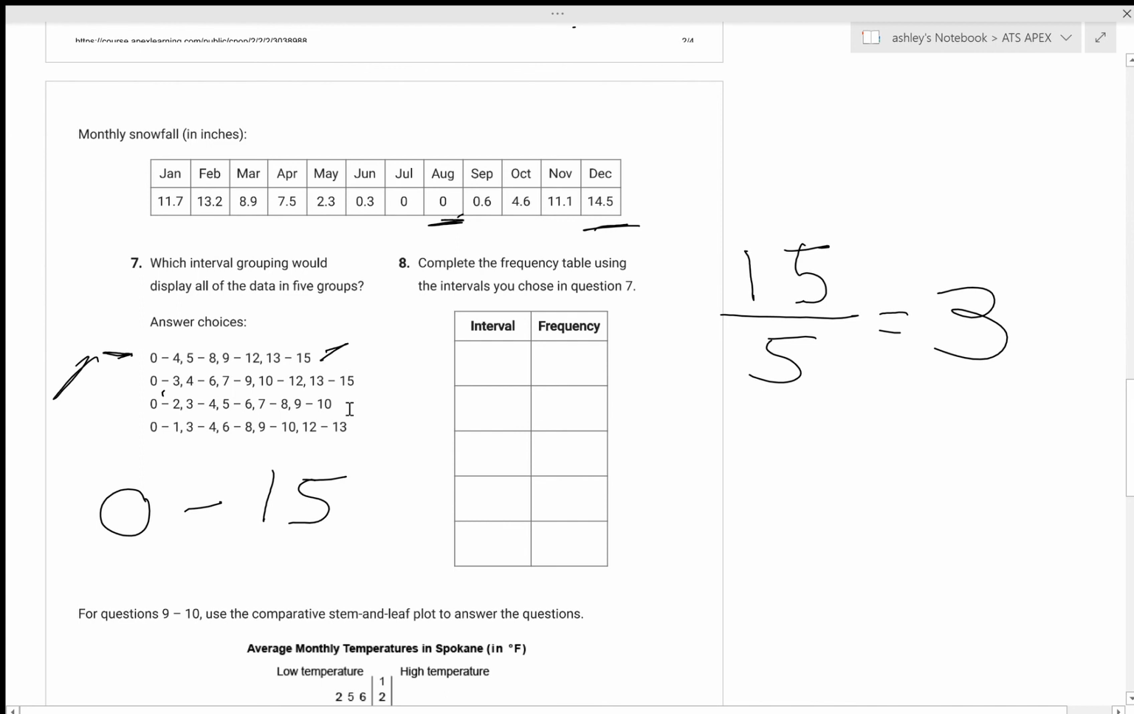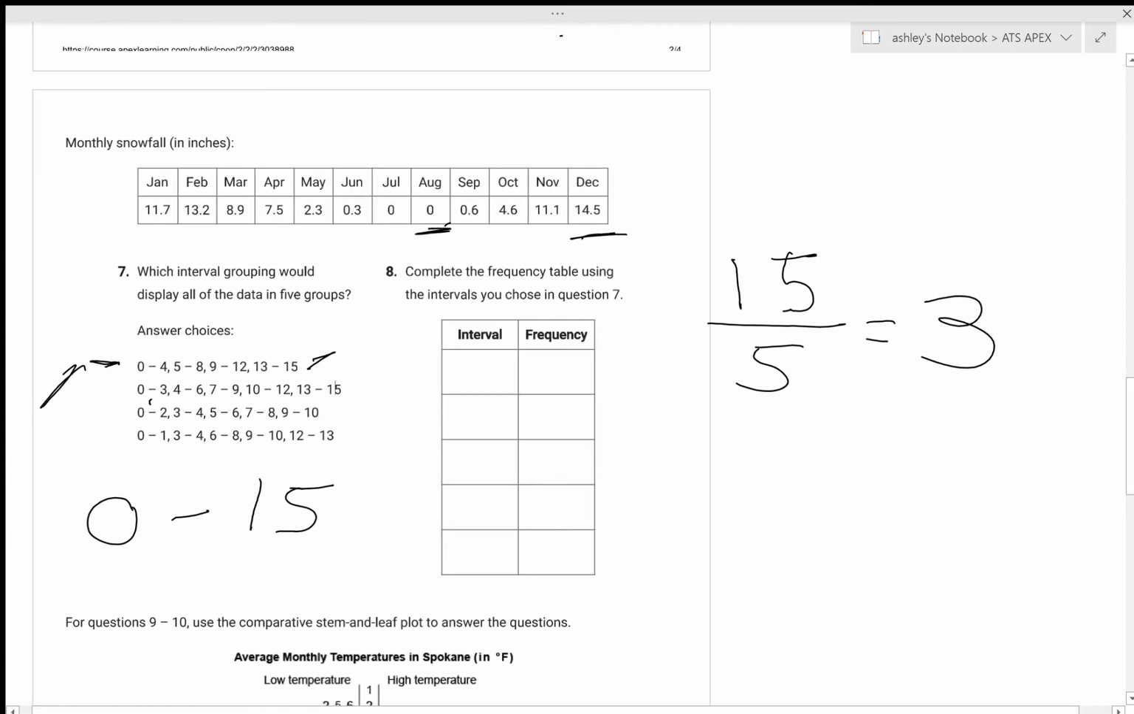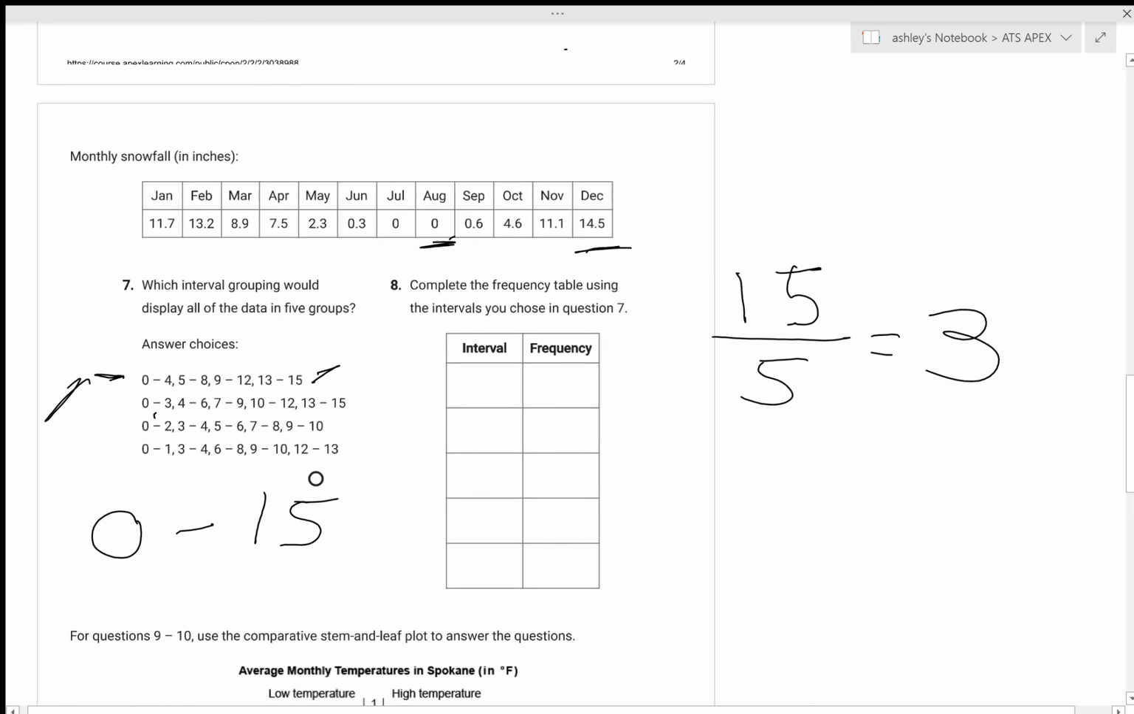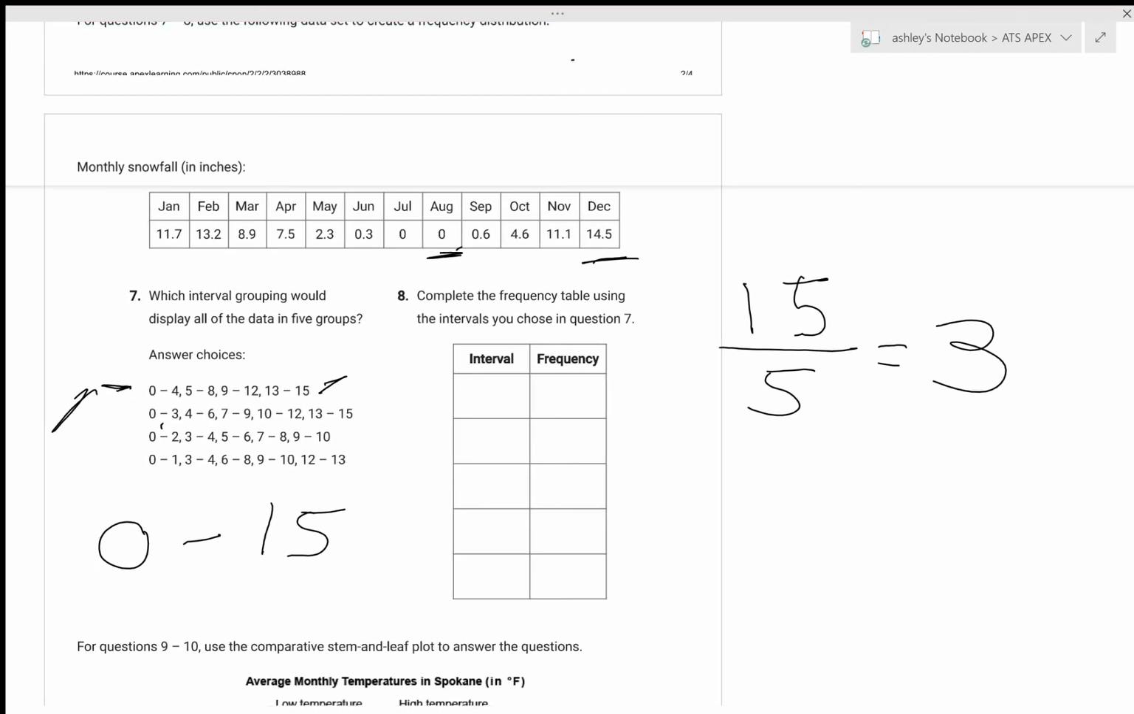4 to 6, so 4, 5, 6. Again, there's 3 in that group. 7, 8, 9, there's 3 in that group. 0 to 2, well, the next one, that's only 2 things in this group. So we can see that it only goes up to 10, so that's too small. And this one only goes up to 13, so that's too small. So the only one that works for my purposes